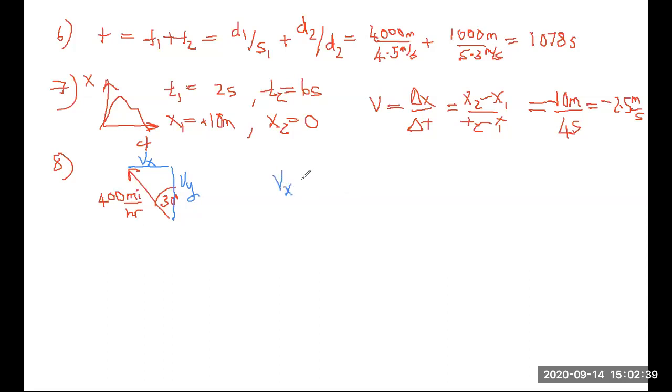The x component, if we look at this triangle that I've constructed out of the velocity vector itself, which is the hypotenuse, and the horizontal and vertical components, you can see that